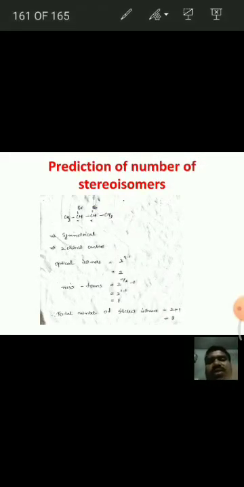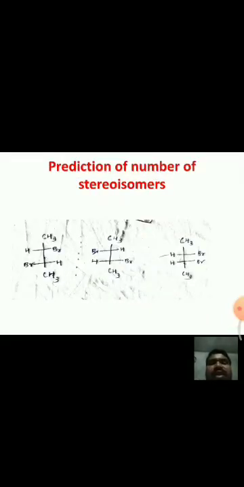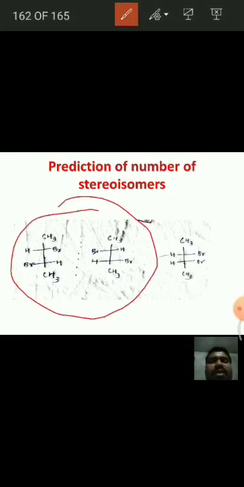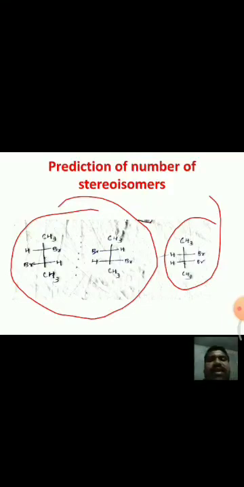The optical isomers will be calculated by the formula 2^(n-1), that is 2. Mesoforms 2^(n/2-1), that is 1 mesoform will be possible. The total number of stereoisomers will be 2 plus 1, that is 3 stereoisomers possible for 2,3-dibromobutane. These are the 3 isomers possible, in which these 2 are optically active molecules, that is an enantiomeric pair, and this is the meso compound of 2,3-dibromobutane. I think you have understood this calculation of